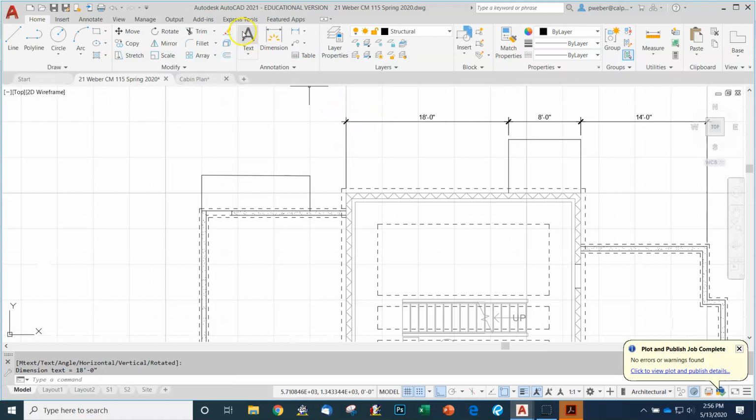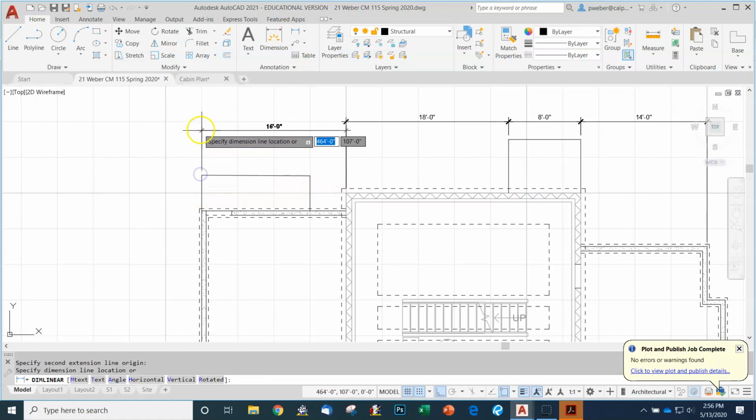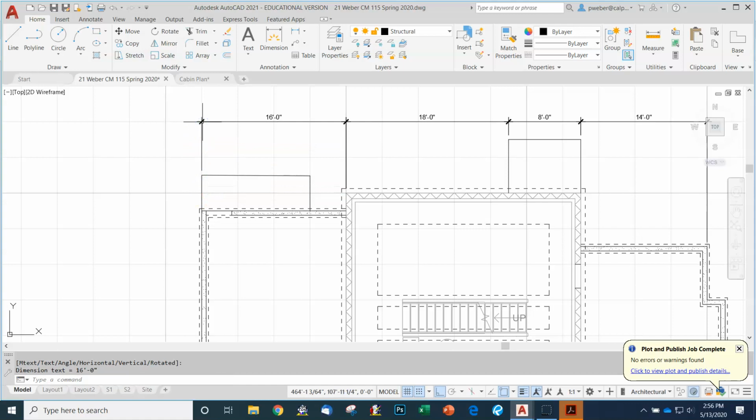That looks great. Do it again, press enter, and I'll go from this corner to this corner here, pull it back, and say, okay, we have a 16-foot garage. But my concrete slab needs to know one other thing. So watch this. Another